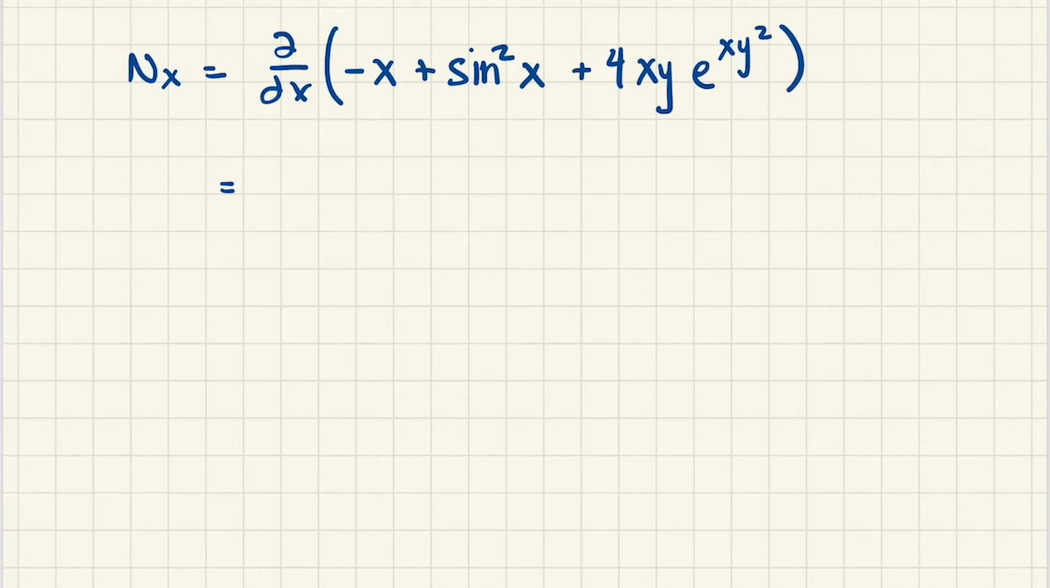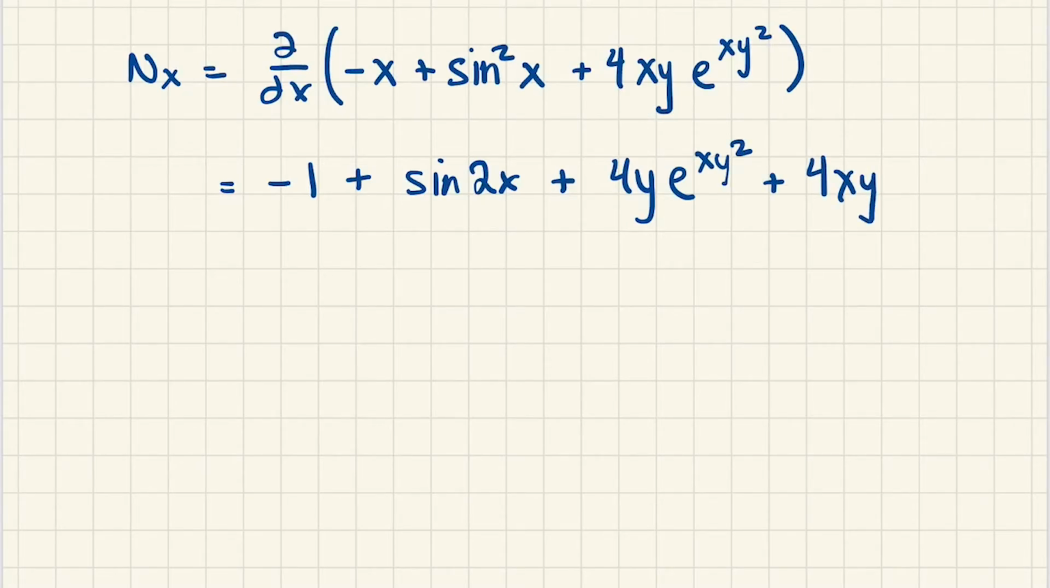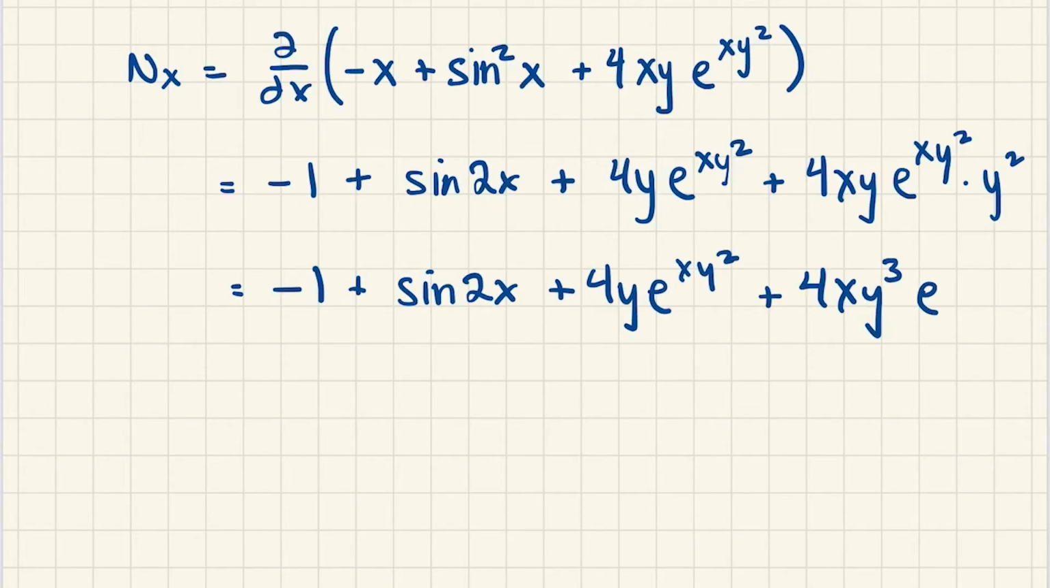Okay, so this is a derivative with respect to x. So we have negative 1 plus derivative of sine squared. That would be 2 sine x and then cosine x by the chain rule. Hey, that's the sine 2x guy right there. And we'll use the product rule on this thing. So derivative of 4xy with respect to x, that would just be 4y. And then 4xy times the derivative of e to the xy squared. That'd be e to the xy squared times the derivative of xy squared with respect to x, which would be y squared. So we get, after cleaning it up,